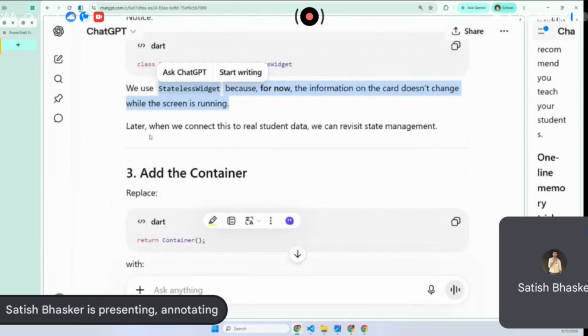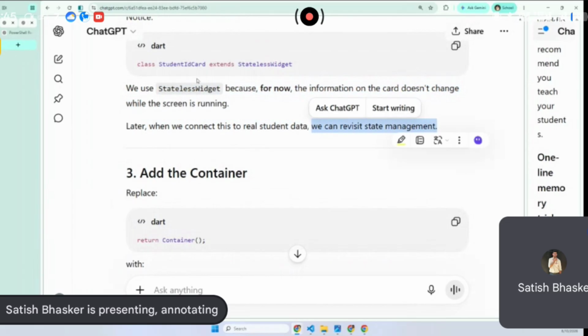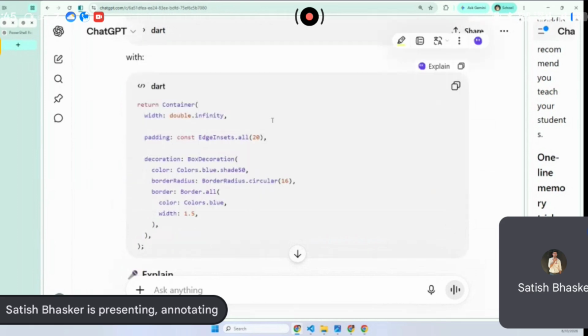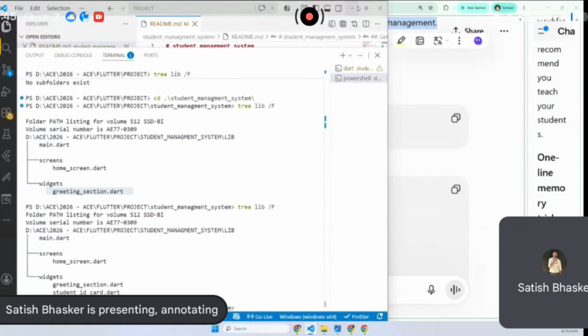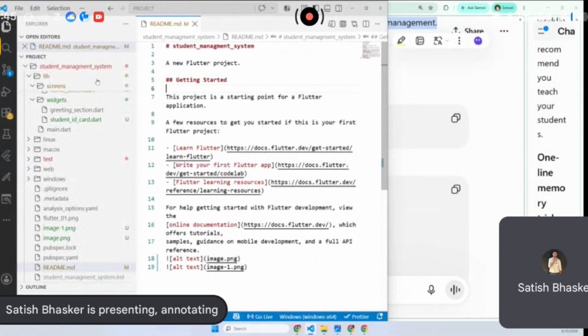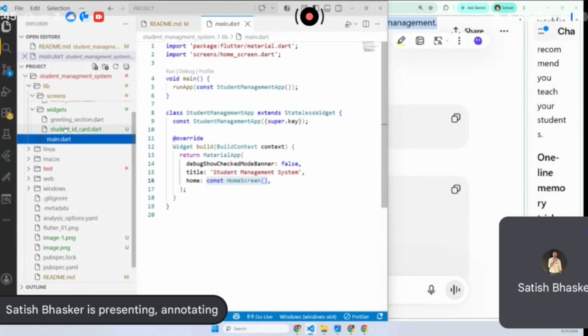While the screen is running. Later when we connect this to real student data, we can revisit state management of stateless or stateful, and add the container. I've added the container. Then I have added the container at main dot dart. If you see the main dot dart, I have returned, under home screen,